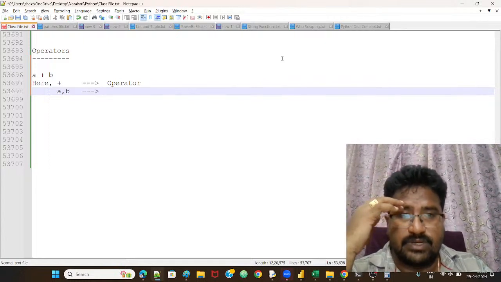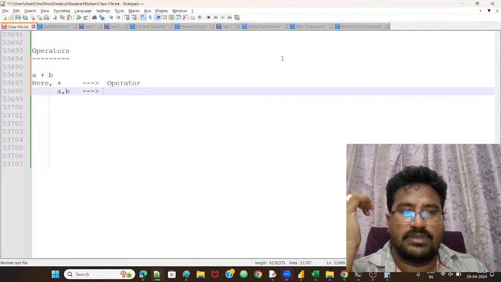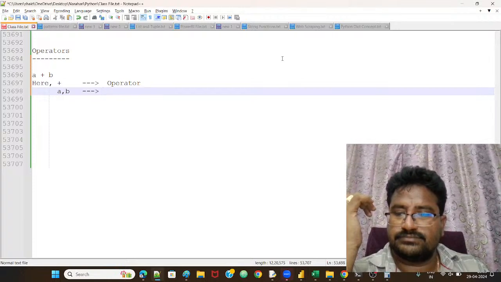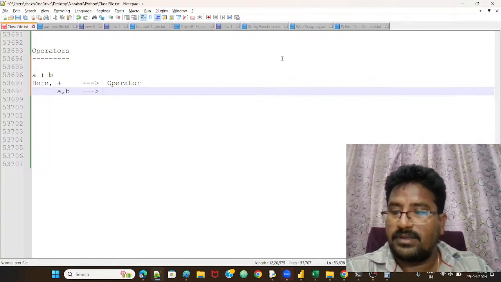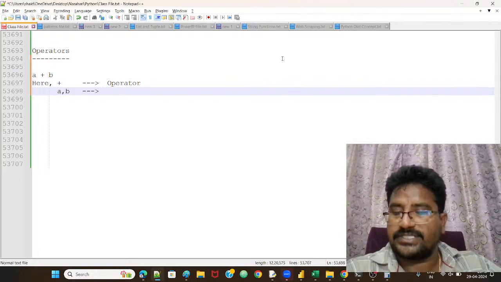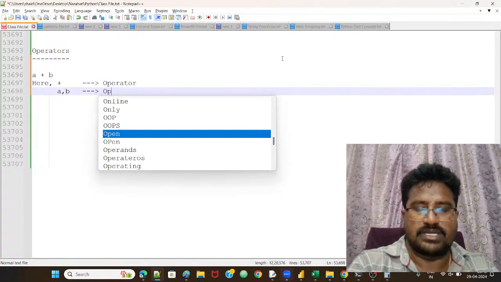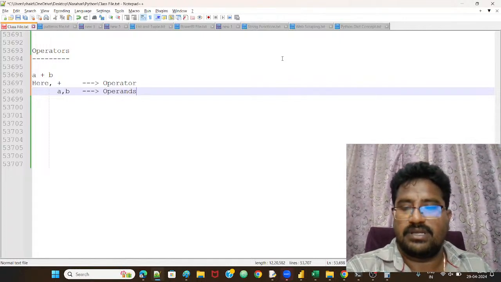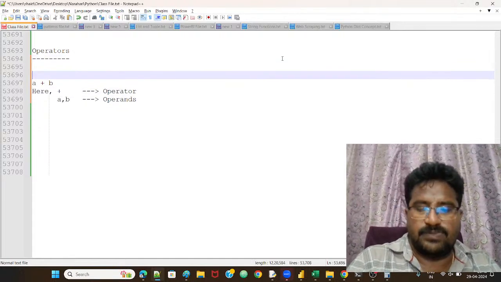A comma B are called what? Tell me now. Vijayalakshmi, operands. Yes, they are called operands. Operator and operands, all of you. Okay, right. So here, that's why, see,